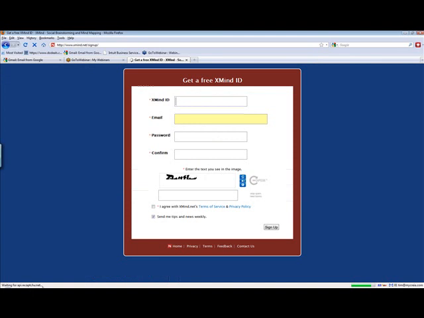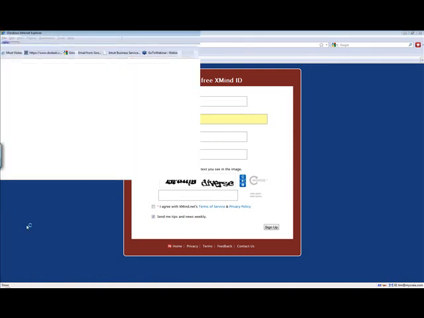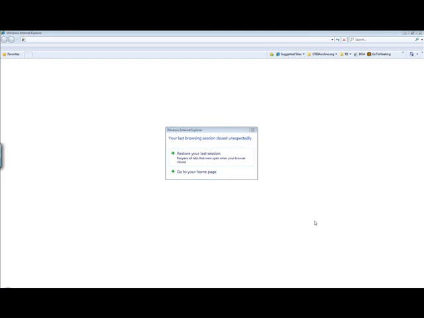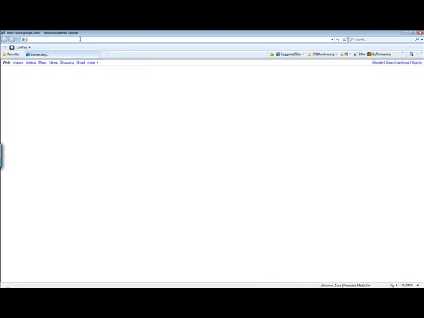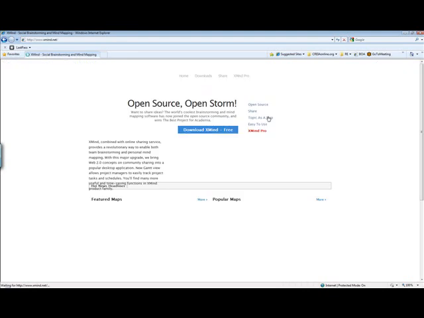Let me open up my Internet Explorer, and I know I have Internet Explorer 8. So let's try that. Go to home page. Xmind.net. Click on download Xmind free. Click on download.